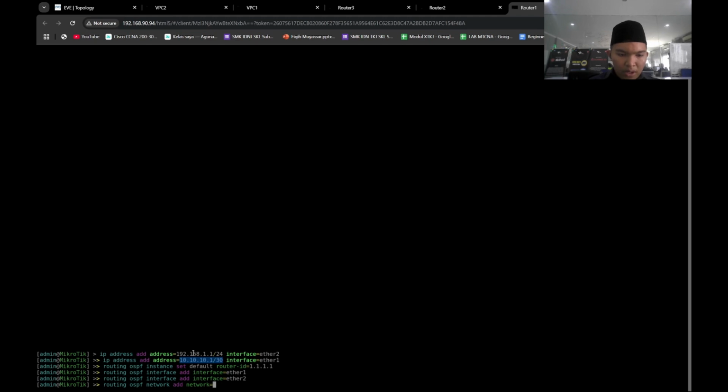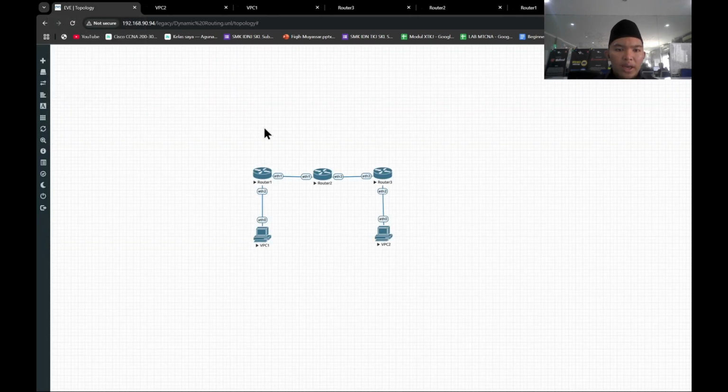So we're gonna input the network of each IP. 192.168.1.0/24, and the area is backbone. Backbone is the default area. If you wanna do dynamic routing with OSPF, you must add area backbone, or at least there must be a router in area backbone.